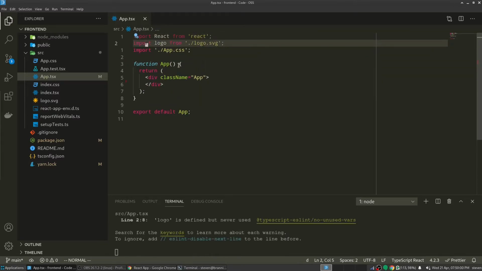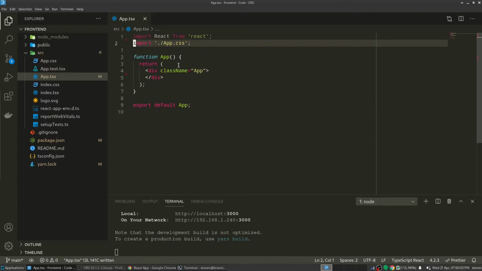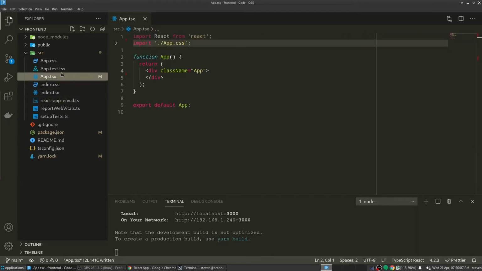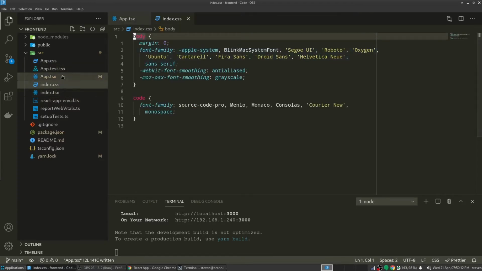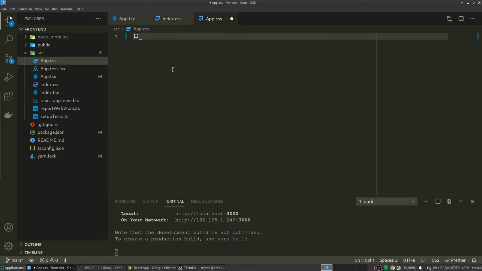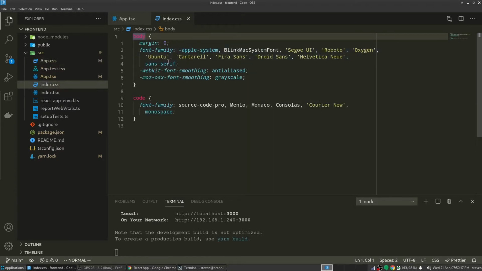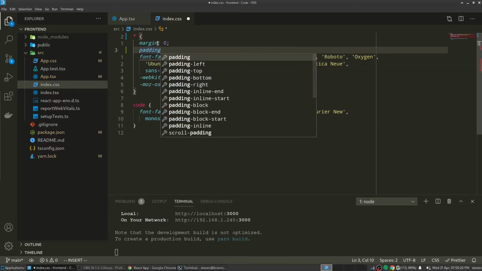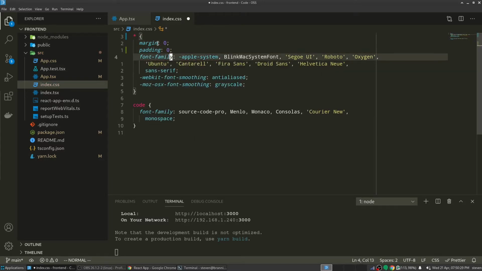Now logo doesn't do anything, so we can delete that. We can delete our logo.svg. We can go into our index.css, no, I'm sorry, our app.css, and delete the entire thing. We'll go into our index.css now, I suppose. And we want to style not just the body, but everything with a margin of 0, a padding of 0, a font family of... I'm a big fan of Open Sans, so what I'm going to do is go ahead